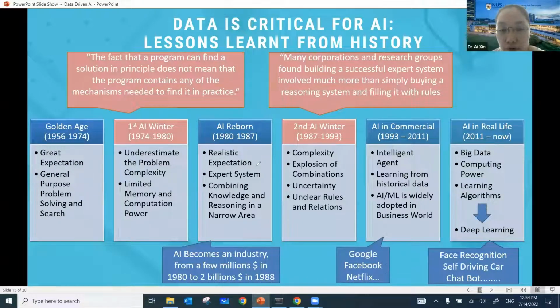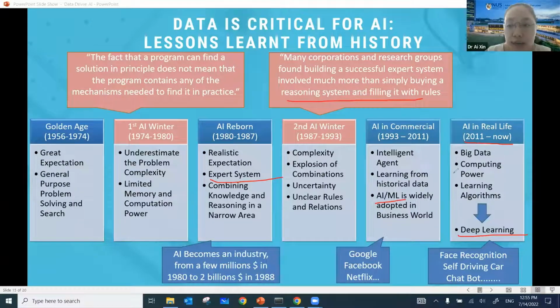Then after that, people involve a lot of experts and develop the expert system. And then after a while, they realize it is very complex to do the hard-coded rules and etc. So that is where machine learning, deep learning take off. And I feel now we are kind of having some problem like what we have in the first AI winter. We have the more powerful tools, machine learning, deep learning algorithm, and the hardware, the computing power we have is